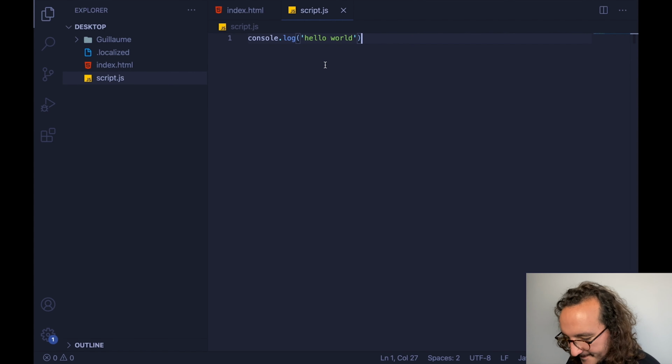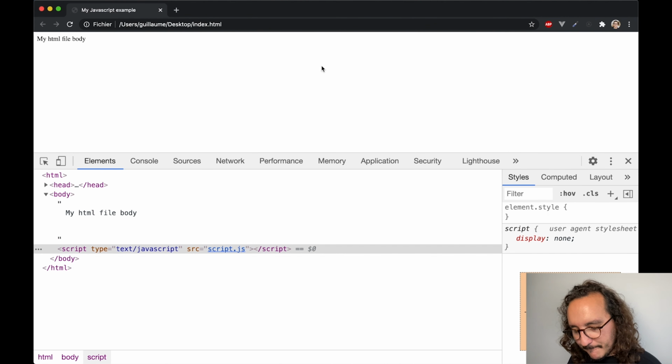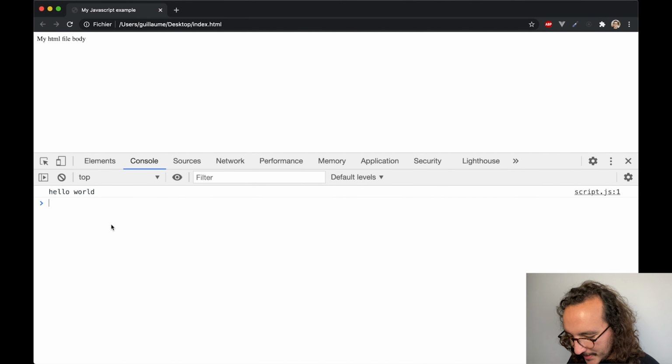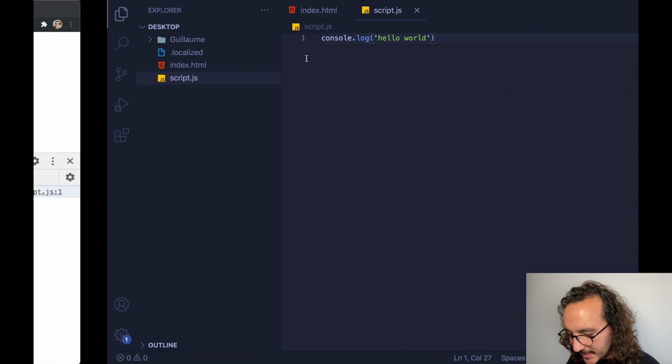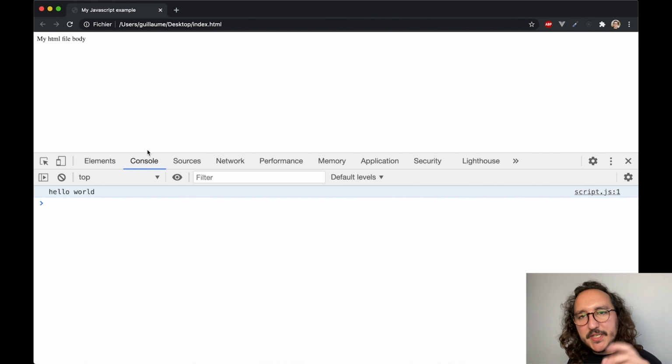I'm going to save, get back, update, and here nothing happens. Because we are not on the right side of the console. Basically, we should click on here, console, okay? Not on the element tab, but the console in here. And if I click, we see that I got a message, and this message is what I put in here, hello world. So if you have done this, you know that your script is executing all the JavaScript code written in your